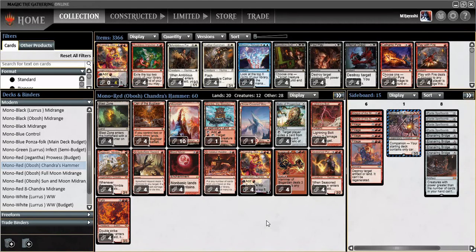Okay, deck tech. Let's try to combine Hammer of Bogardan with Chandra, Dressed to Kill. I think this may be the best version of the Chandra builds that I'm going for here. As you can see, I've got a couple more here waiting in the wings,